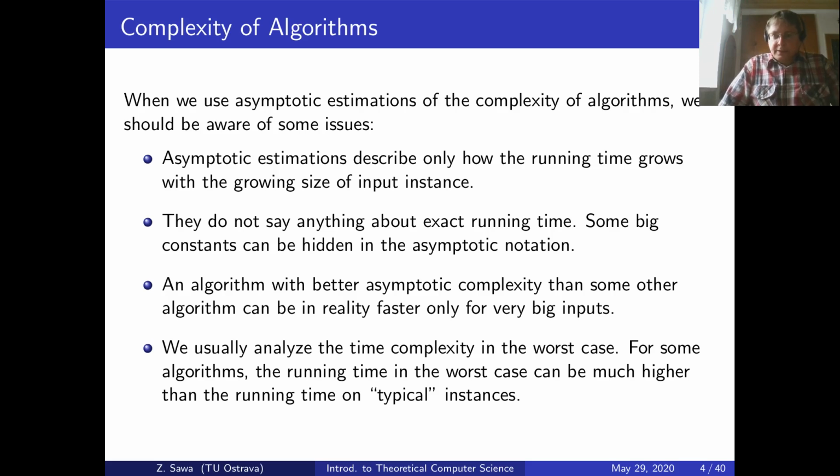Of course, in asymptotic notation we ignore the constants by which these functions are multiplied, so they cannot say anything precise about the precise running time, and this depends on the concrete machine on which it runs, and on many details of implementation. And in some particular cases, some big constants could be hidden in this asymptotic notation in some algorithms,